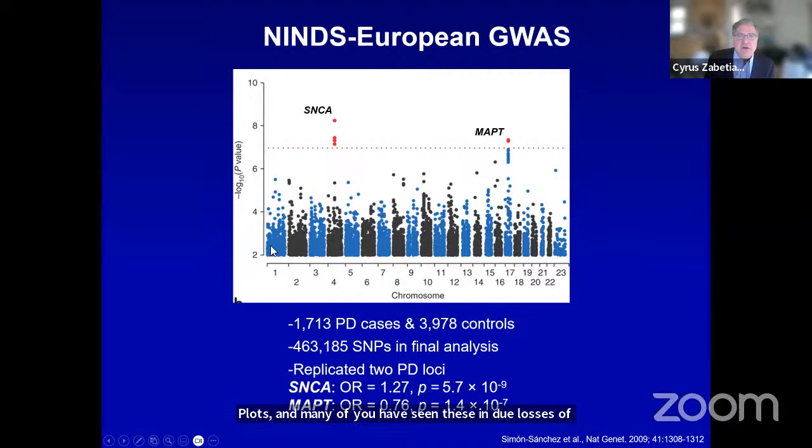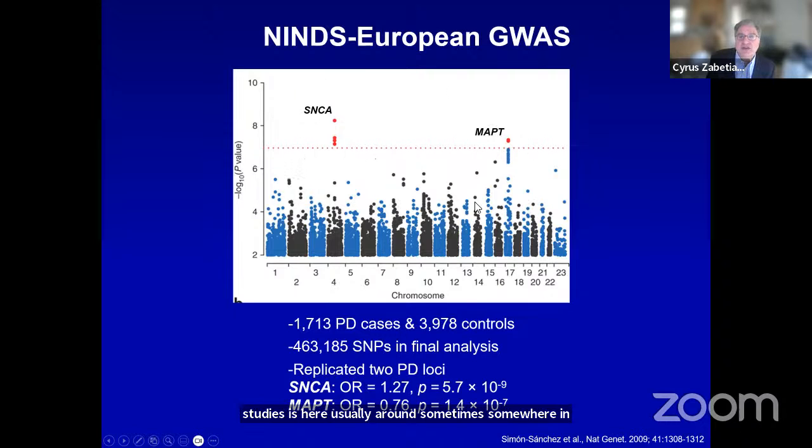But basically, the chromosome position is here on the x-axis, and on the y-axis is the negative log 10 of the p-value. Because you're testing many variants, you have to have a very stringent, high statistical threshold to account for all of the multiple testing. And so the bar for calling something significant in GWAS studies is usually somewhere on the order of 1 × 10 to the minus 8th or 5 × 10 to the minus 8th.